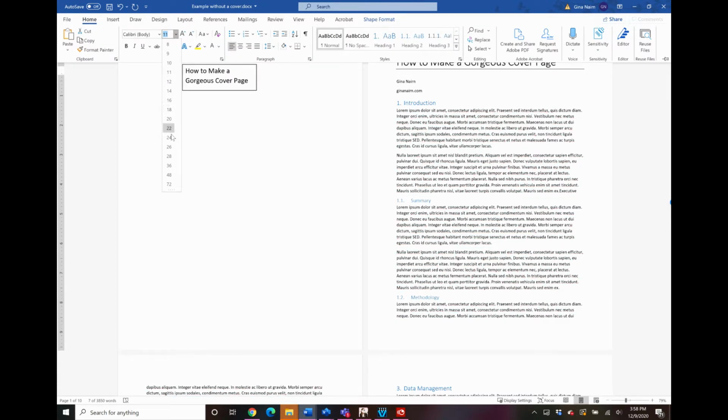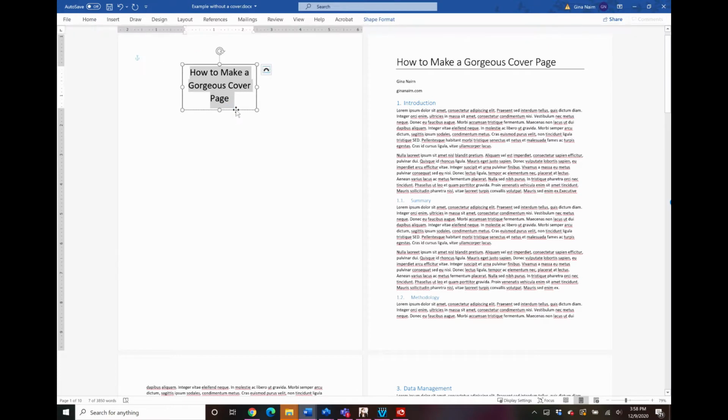So let's go ahead and make it 24 point, and let's center it on the page and see how that little green line pops up to let us know that we're centered.